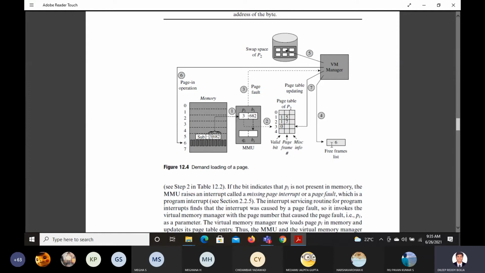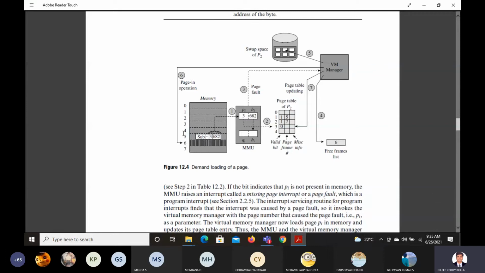You are somewhere available, right? You fetch it, and then it is stored in the hard disk. From that hard disk, I am trying to pull it back to the virtual manager. This virtual manager is going to pull it back to the memory. Okay, so like that it is. So it's an interesting concept.